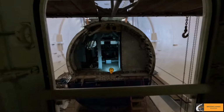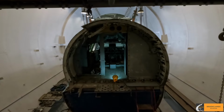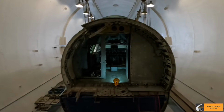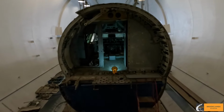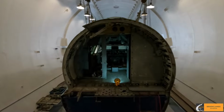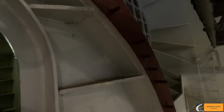So as we move through the airlock, we're coming to the door, and in front of us is a piece of a Vanguard, which is just in there as an example of the sort of thing that was tested in there. So the Vanguard was tested here in the mid-1950s, and whether we can actually see it very easily, I'm not sure, but as we look through the door, and if we can look back at the plate, I'm not sure if we can actually see much there,